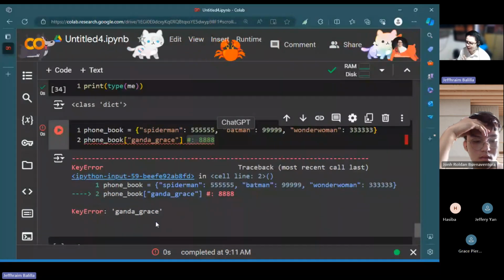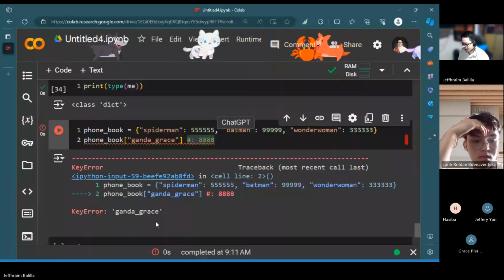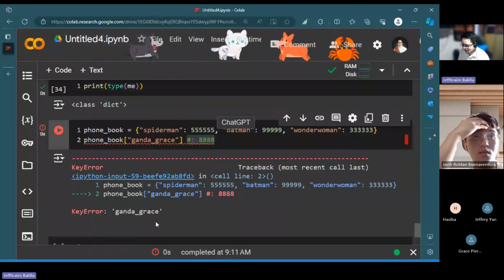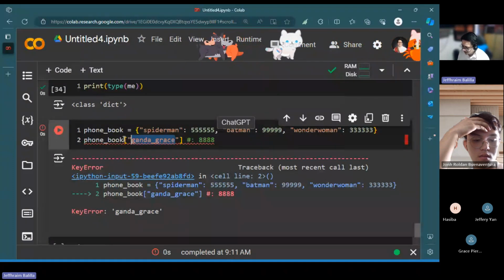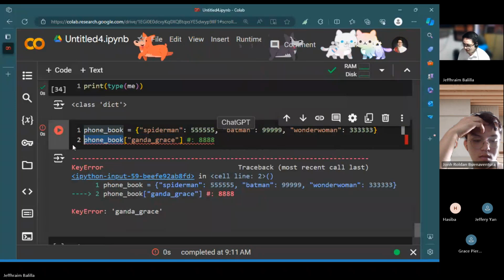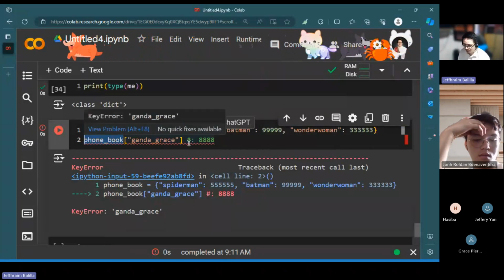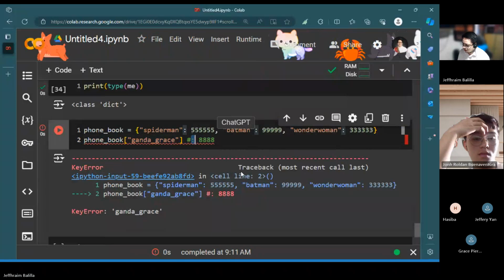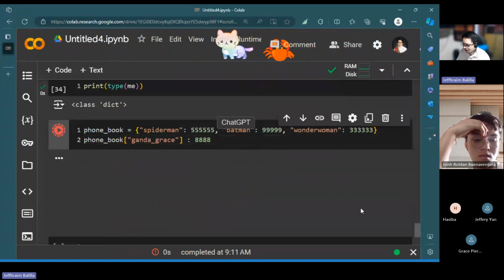What is the error telling us right now? It's telling us that the key we're trying to look for inside the phone book does not exist yet, which is perfectly fine because we're trying to create a new one. So when we try removing this and run it again,